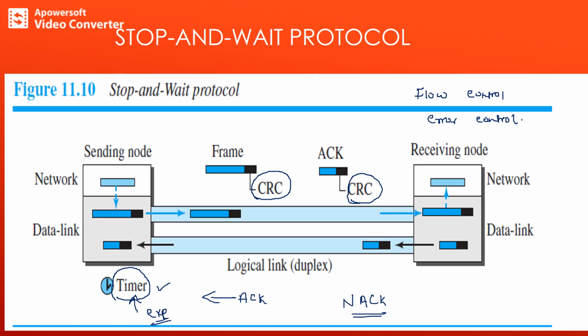So here we can clearly observe that the sending node sends the frame along with the CRC. After successful transmission, at the receiving node, the actual data or packet can be extracted from the frame and transmitted to the network layer, and the receiving node sends an acknowledgement to the sending node. After receiving this acknowledgement, only then is the sending node allowed to transmit the next message along with the timer information.